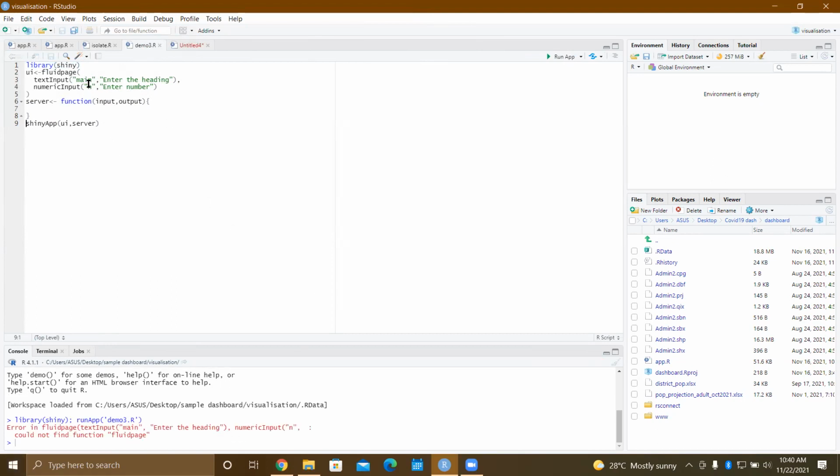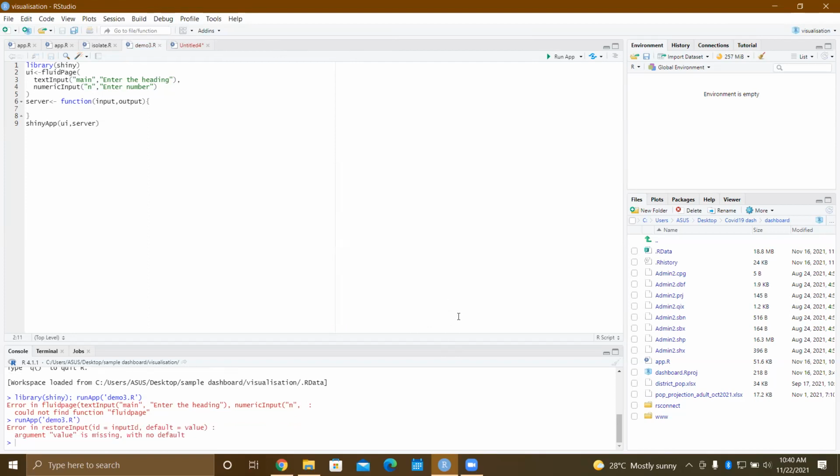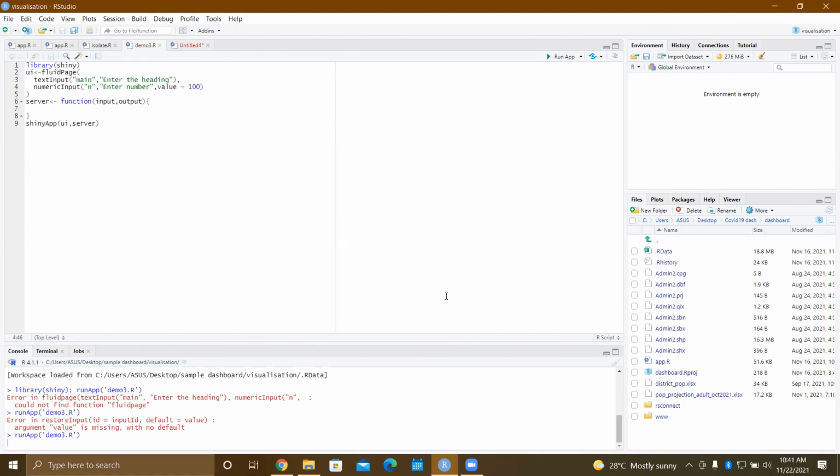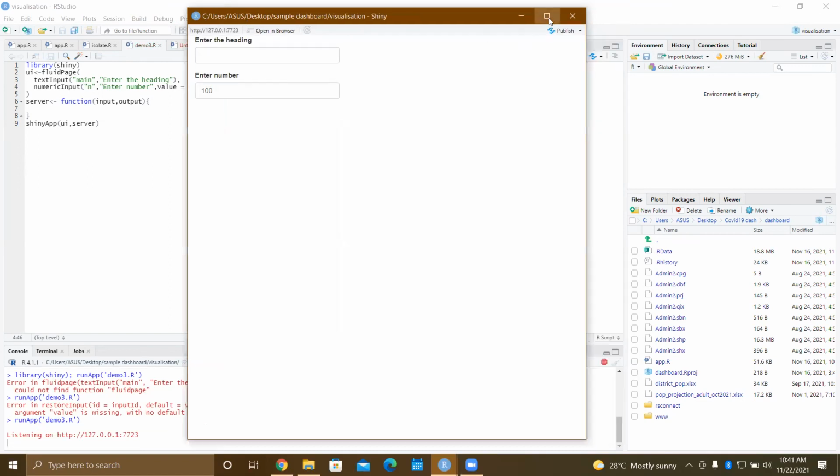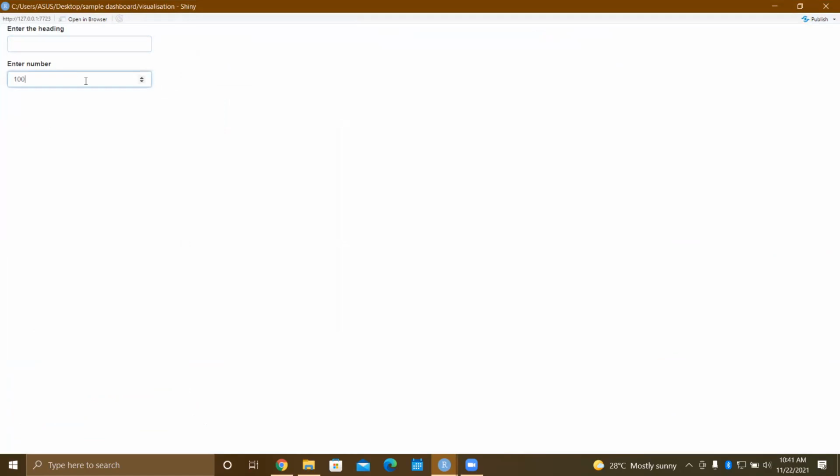So it just creates two inputs and no output, since I haven't allotted any space to any output, and no work in the server function is going to happen.